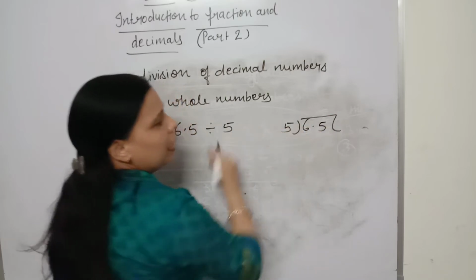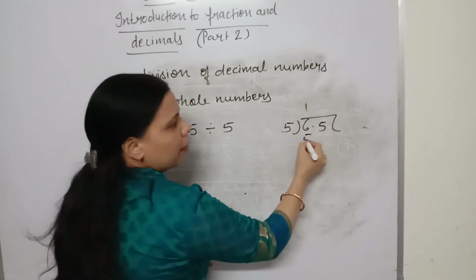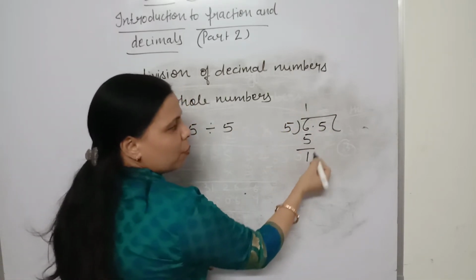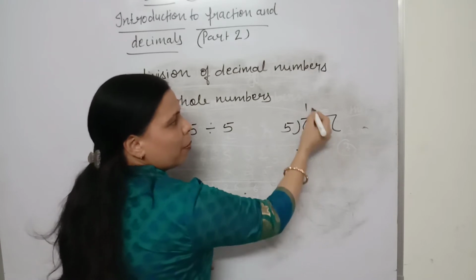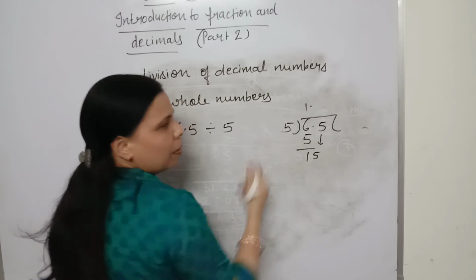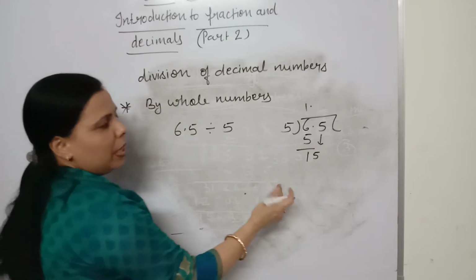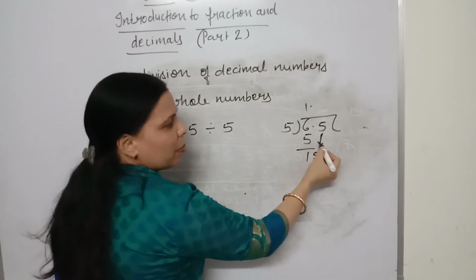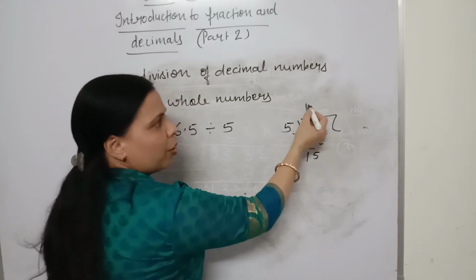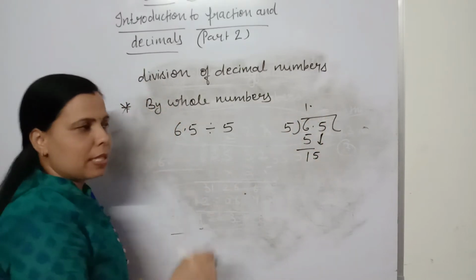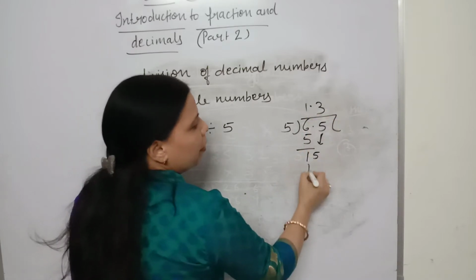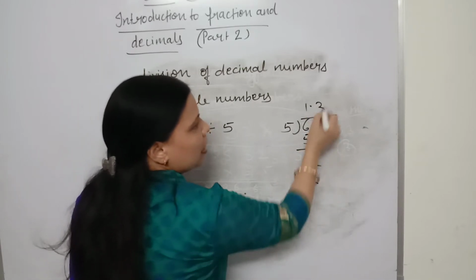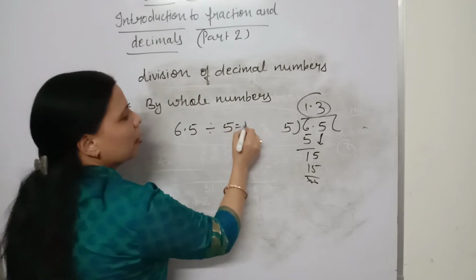6.5 divided by 5. 5 ones are 5. 6 minus 5 is 1. Bring down this decimal number. So before you bring down this number, put decimal here. Again I repeat, whenever you are bringing down decimal number here, at first put the decimal, and put decimal only once. Now read table of 5 and how many times it goes? 5 3s are 15. So your answer is 1.3.